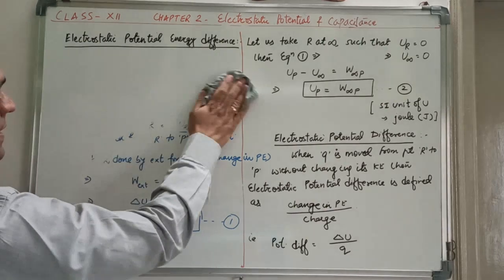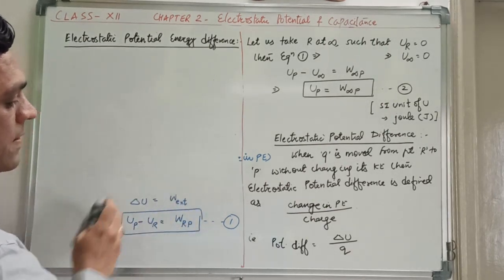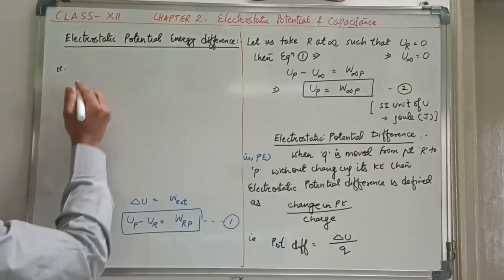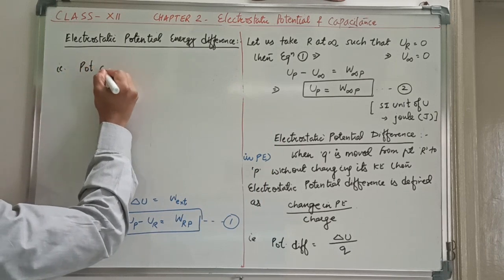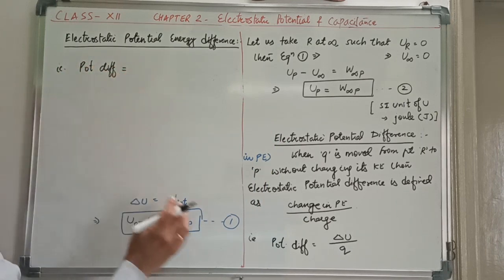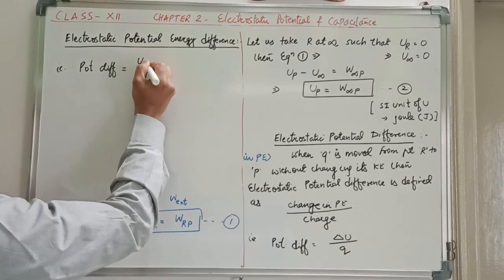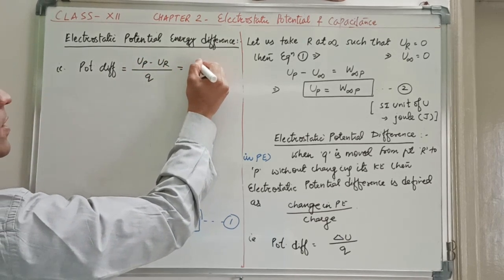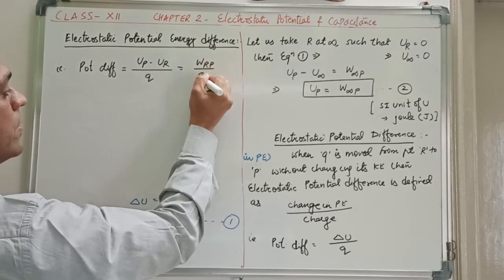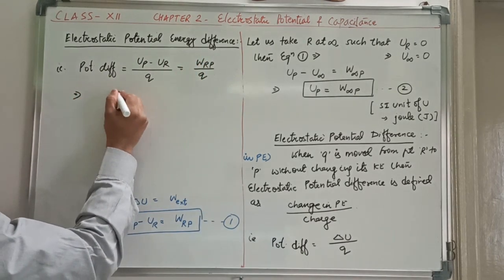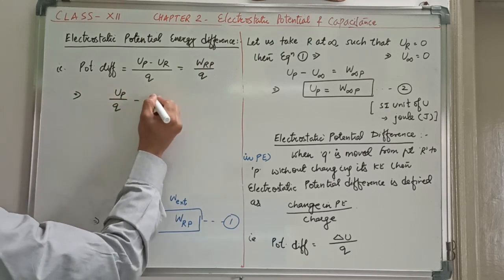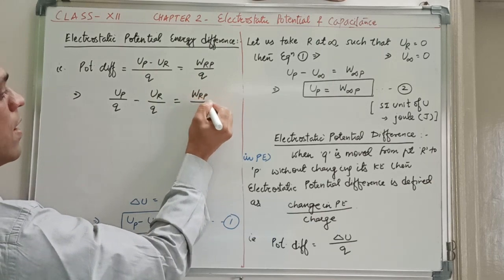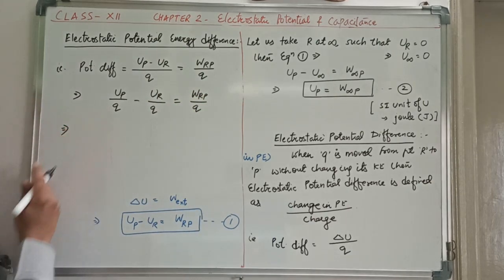So it can be written that the potential difference is equal to the change, UP minus UR, upon Q. This is equal to WRP upon Q. So this will be written as UP upon Q minus UR upon Q is equal to WRP upon Q, which becomes